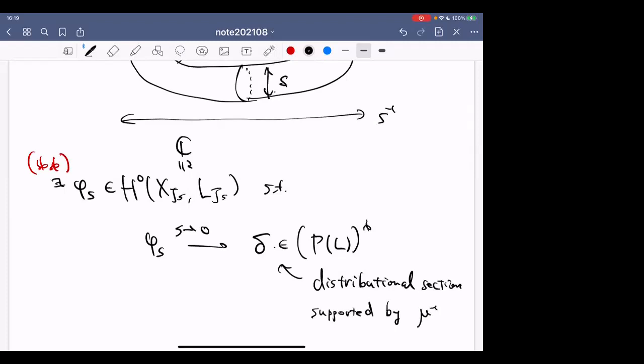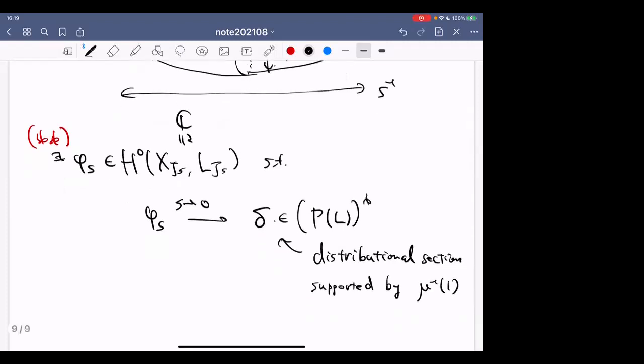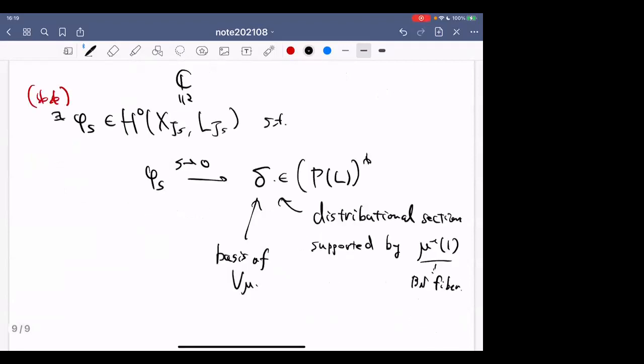Mu inverse 1 is the unique Bohr-Sommerfeld fiber of the example. So we regard this as a basis of V mu. So in general, the convergence of two asterisk means that